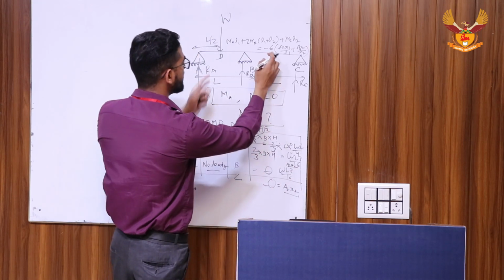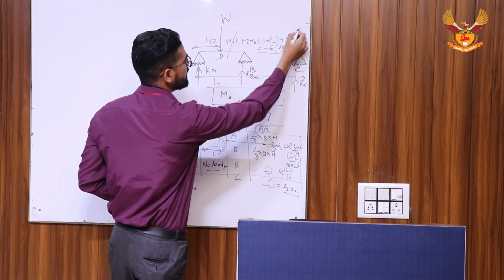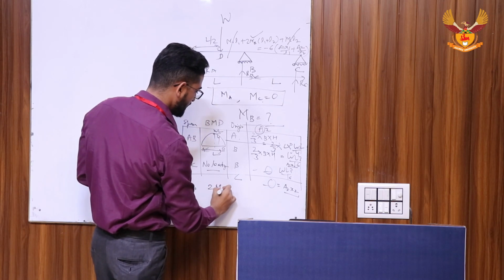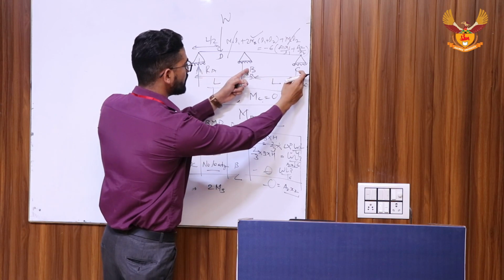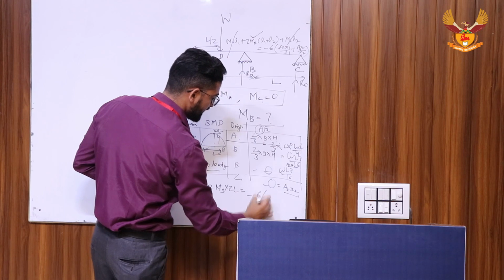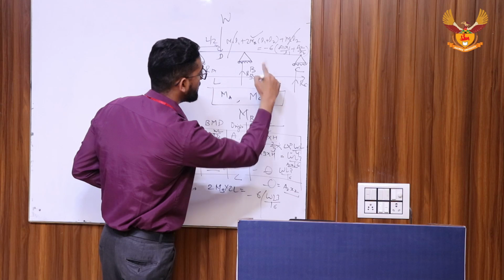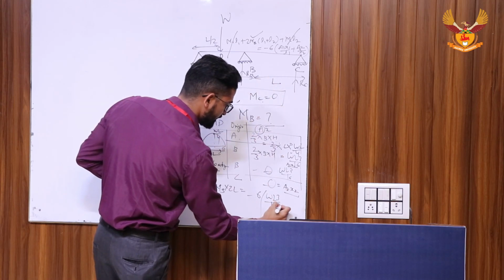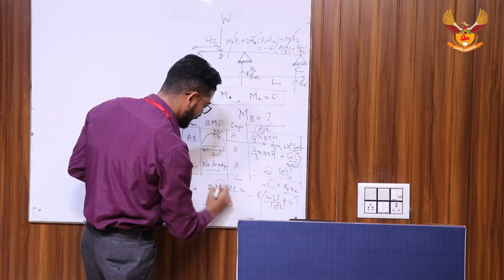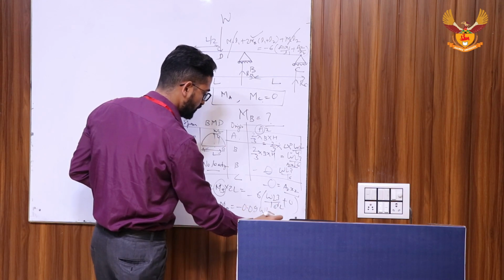Now we have to put these values in this equation. MA is 0 and MC is 0, so these terms are 0. You can easily calculate MB. How to calculate MB? 2MB (L1 plus L2), where L1 is L and L2 is L, so it will be 2L. Now I put in the formula minus 6, A1 X1 is WL cubed by 16, by L1, and L1 is L. A2 X2 by L2 is 0. If you solve here, you will get the value of MB, and MB is minus 0.09 WL.